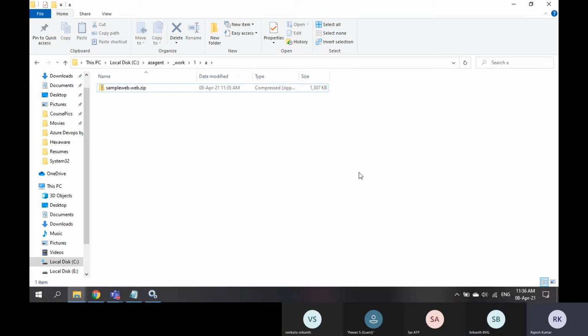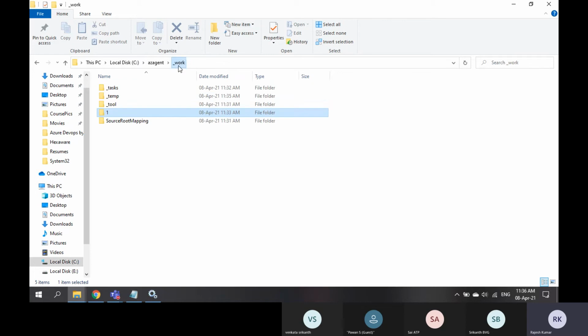In interviews, you will get this question: why do you need custom agents when you have Azure agents ready? With custom agents, it is more secure and you have more control over the build, because your source code will be downloaded to your local server. That way you are providing security and you can see what all happened.